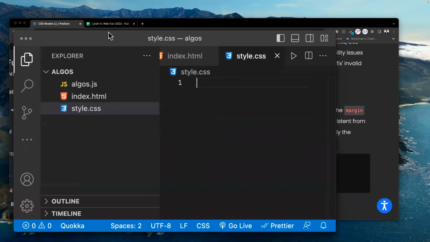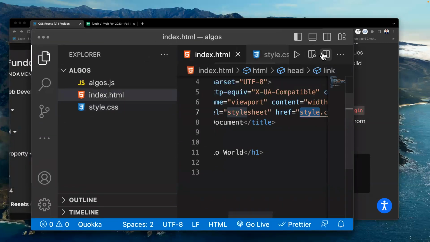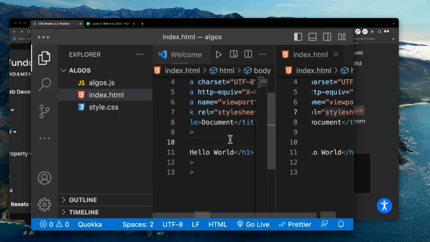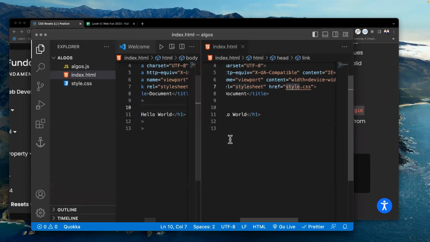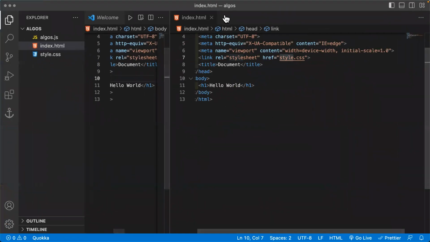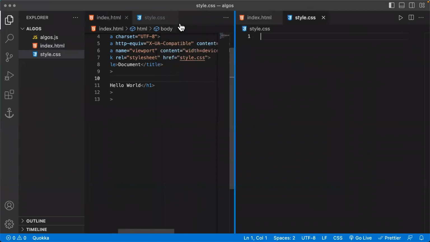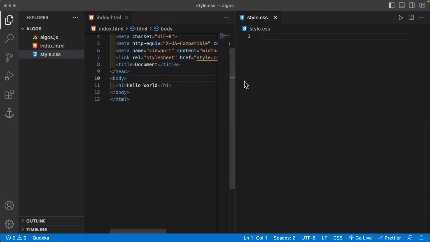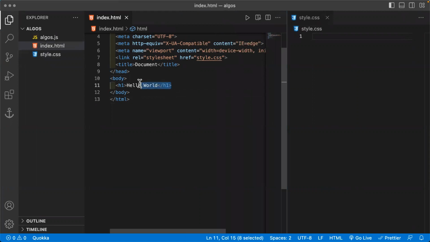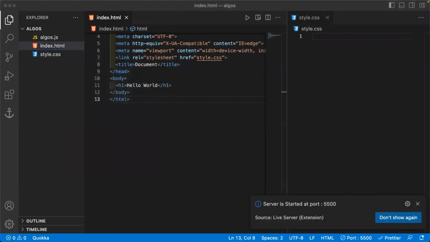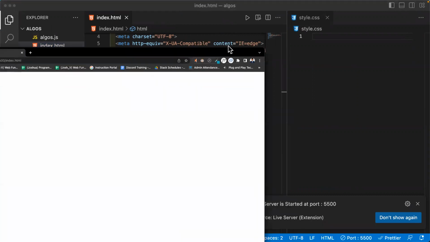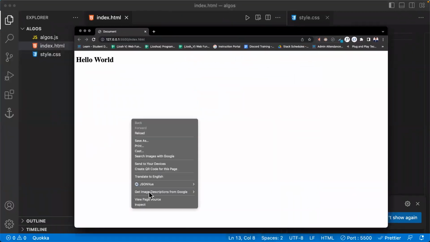I have an index.html and CSS. Let me just lower the view here. Bring this over. Okay, so I have on my HTML a hello world in an H1 tag. So if I pull this up here, here it is. And if we inspect here,